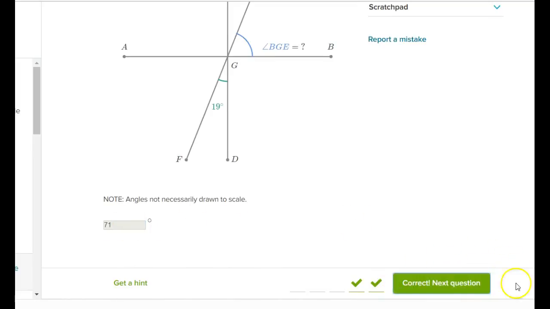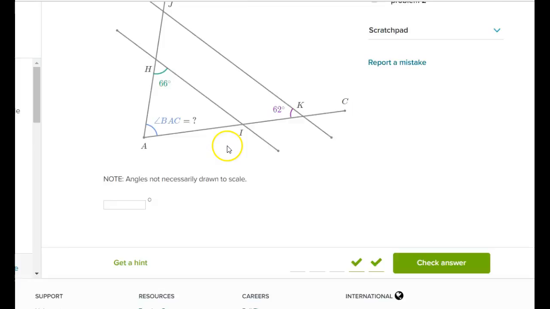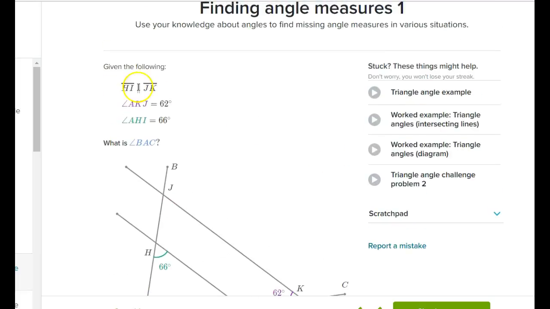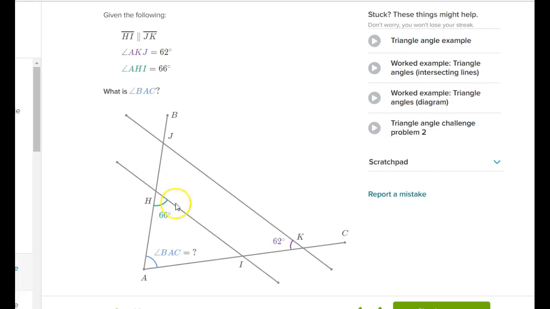All right. So you're going to have to kind of study up a little bit about these triangles here. We have similar triangles. These are parallel lines. What that means is that this angle and this angle are congruent because we have parallel lines here. I'm sure that's what it says up here. HI and JK are parallel. So this line and this line are parallel. That means line AC is a transversal, and so angle K here and this interior angle I right here, HIA, are going to be congruent. They're called